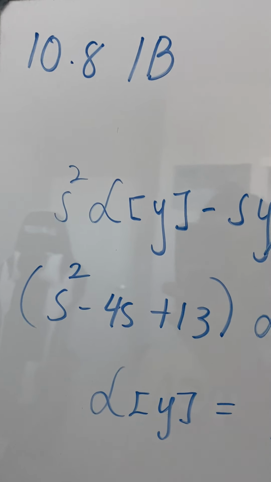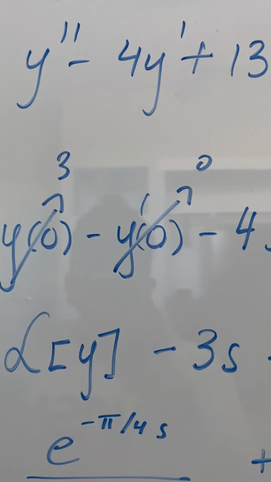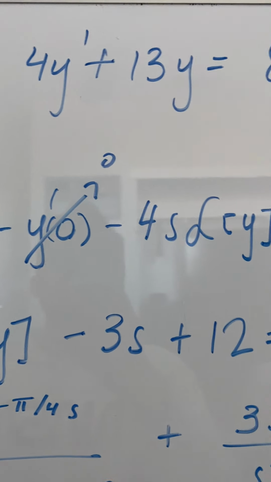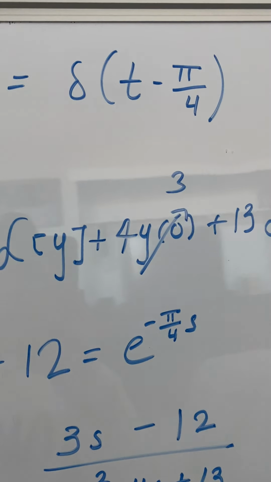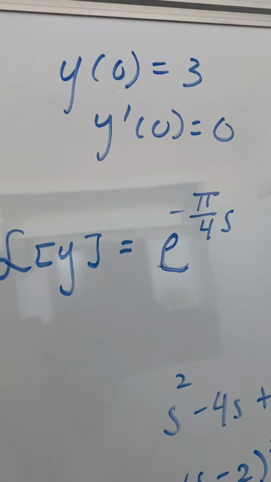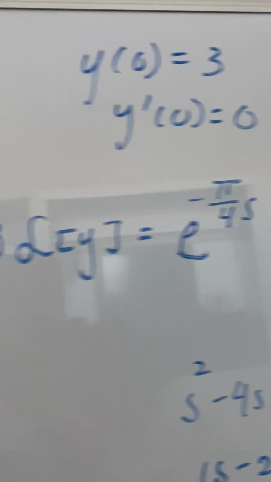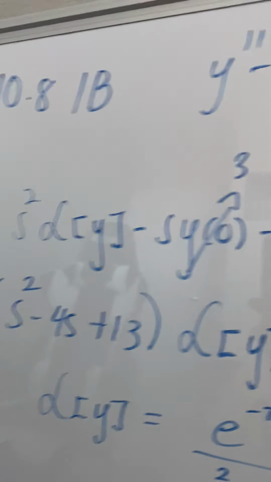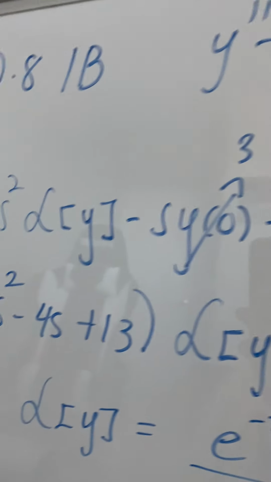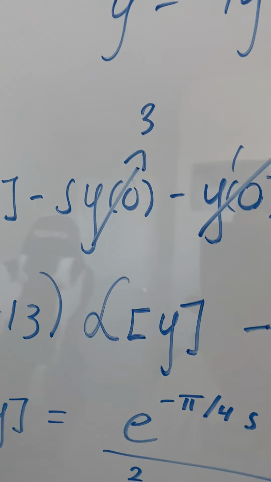So problem number 1b from 10.8, we have this initial value problem, y double prime minus 4y prime plus 13y is equal to delta of t minus pi over 4. And we have the initial conditions, y of 0 is equal to 3 and y prime of 0 is equal to 0. So taking the Laplace of both sides, you get s squared Laplace of y minus s y of 0 minus